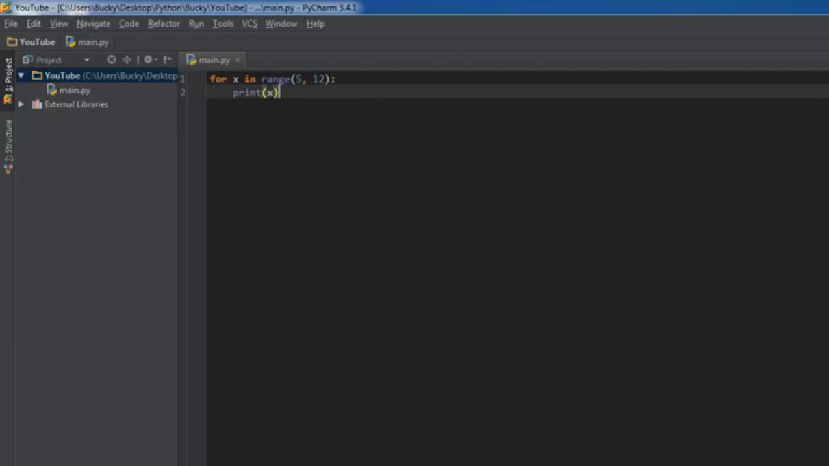Alright, so press run and check it out. So now it starts at 5, and it loops all the way until it gets to 12. So when we don't have two numbers, then it starts at 0 implicitly. When we have two numbers, we have a beginning and an end. Now the last thing